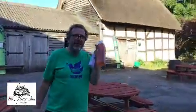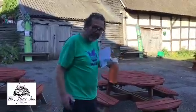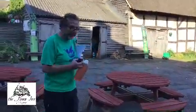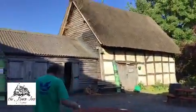As you can see, I have here a fine 2-pinter of beer which I've just got from my cellar over there. Some people won't know that that is the beer cellar, and the pipes run right way under here to the bar just over there. Now,